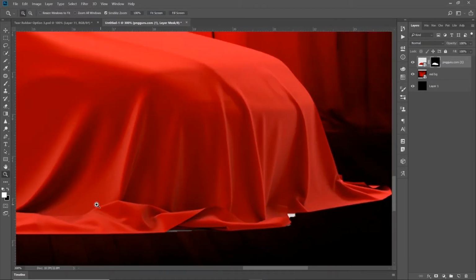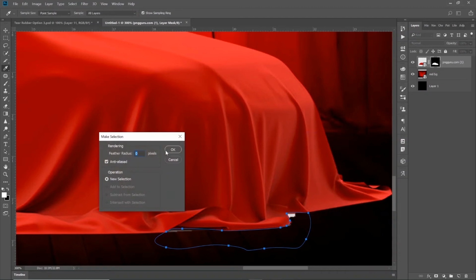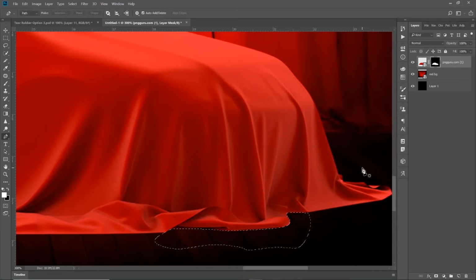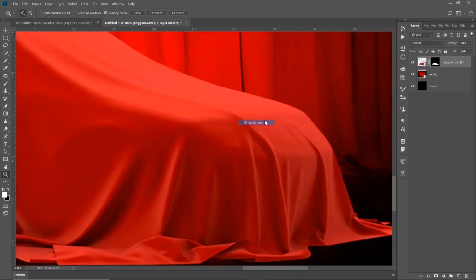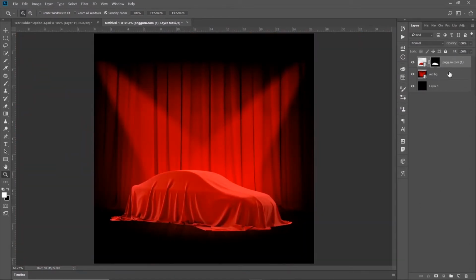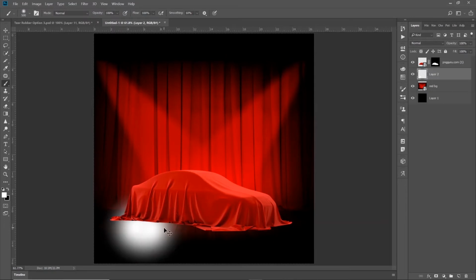I still see some of the white, so I'm just gonna use the pen tool to mask around. So control backspace while having that mask selected will remove the mask part. I want to make the part under the car to be dark because